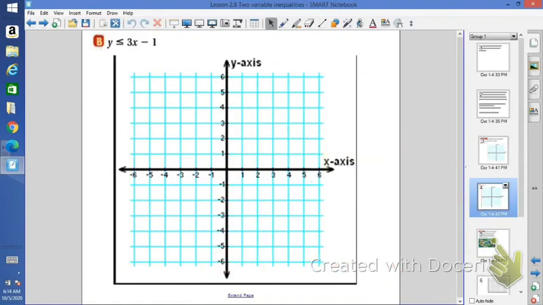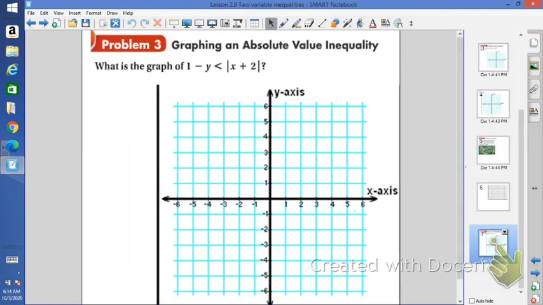We're going to skip problem 2, and we're going to go to the last one, number 3. Alright, here we have an absolute value inequality, and what you'll notice is that y has not been isolated. It's not been solved for, so we need to do that. So we're going to subtract 1 from both sides. So we have -y less than